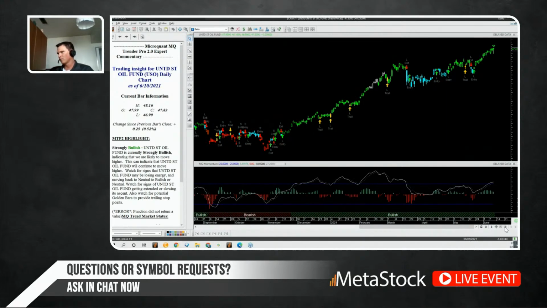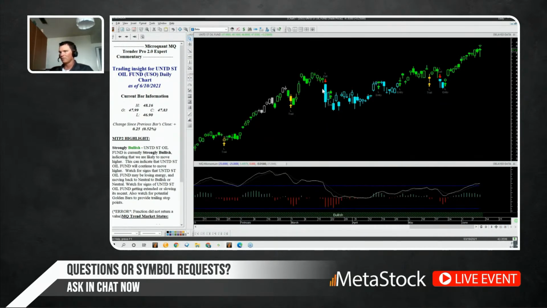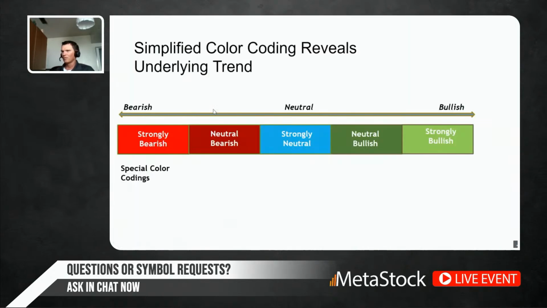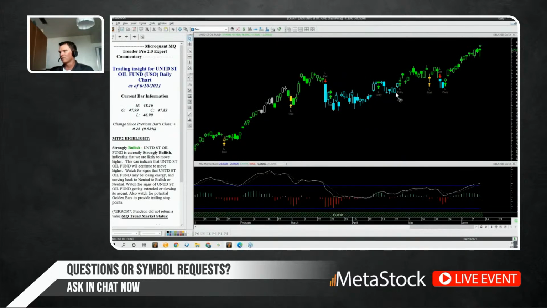Okay, so as I was saying, you have these neutral areas. So this is a strong neutral area. But then once you switch from this strong neutral to a neutral bullish, in this particular area, this one didn't even go to a neutral bullish. It just went straight to a strong bullish. So this would have been your entry right here on USO, which is, like I said, the United States